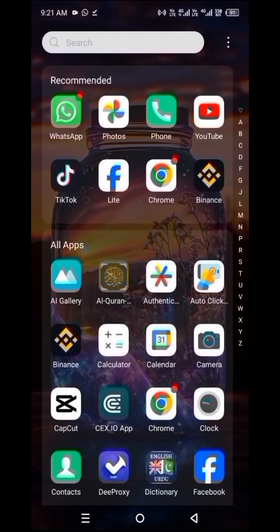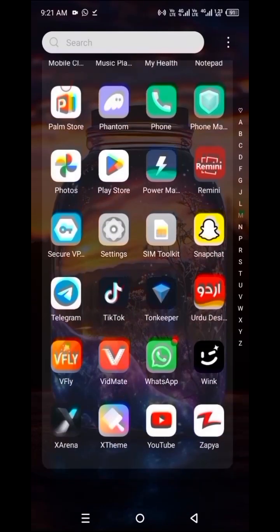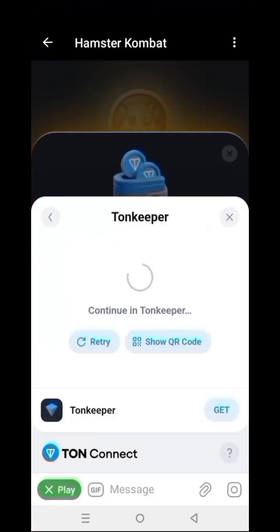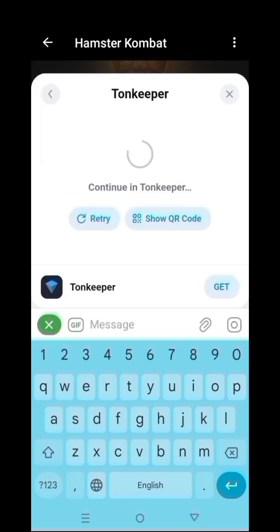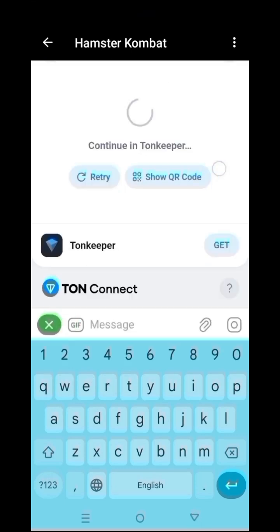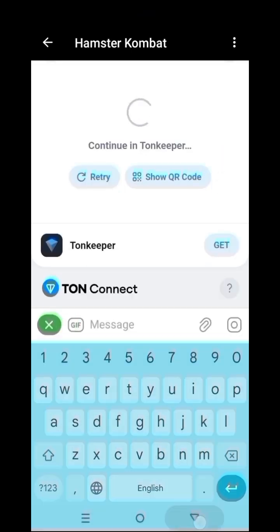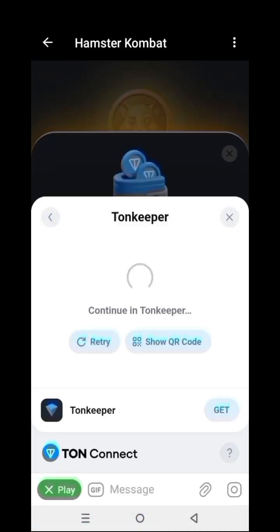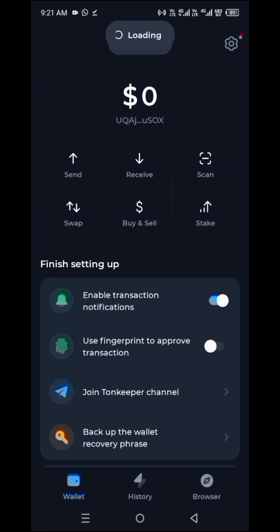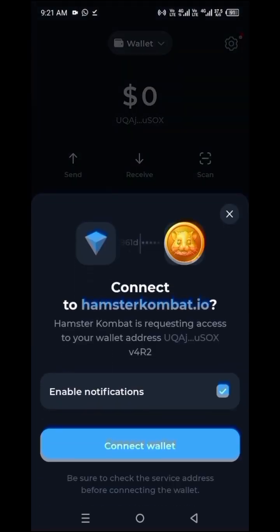After coming back, you can once again go to your Telegram. Press on Telegram, you can see there is a loading indicator, that your Tonkeeper is continuing for Hamster Combat. And it may take some seconds, because it depends on internet speed, and that is not good news for me, because my internet speed is not good. After the checking, you can see on the screen they will give me permission to add the wallet into my own wallet. Hamster Combat gives me permission.